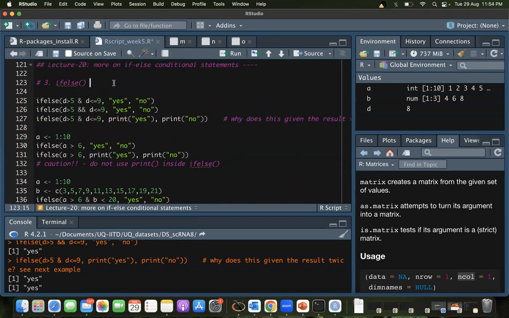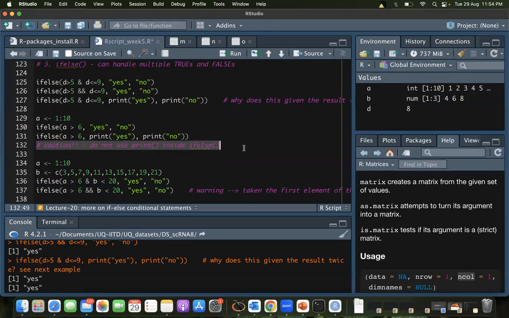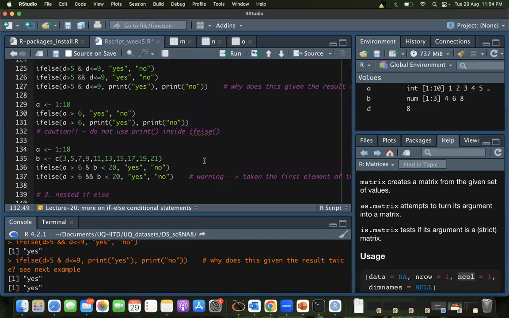Okay, so ifelse can handle multiple trues and falses, but this is something you need to be careful with. I tried figuring out why it does so, but I'm not sure. But don't do that. Okay, all right. So now coming to one more step of complexity.